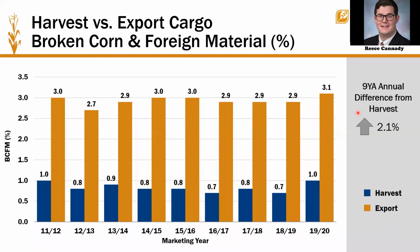So when we look at our harvest versus export cargo report, we like to compare the 2 reports and look at just exactly how much we increased between the harvest report and the cargo report. Now, we're up just slightly on average for BCFM, but I do want to look at the difference here between our harvest report of last year and our harvest report of this year. We were up roughly 145%,